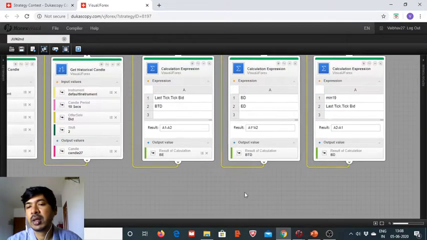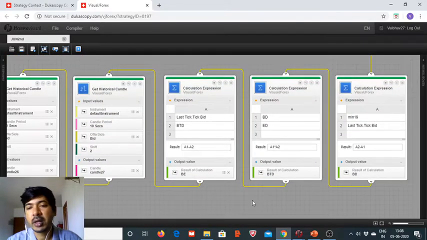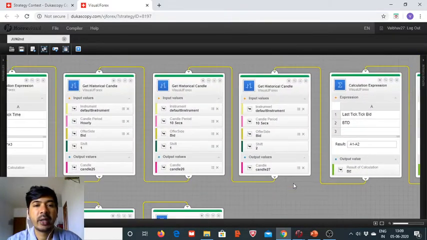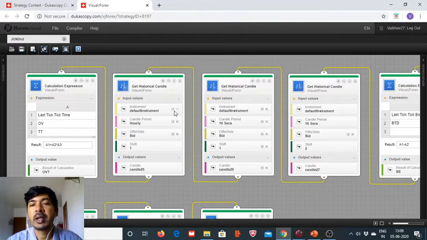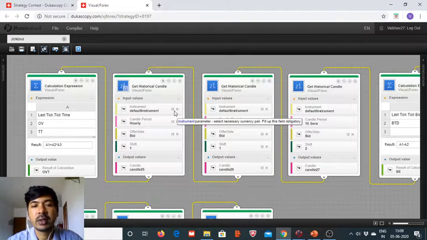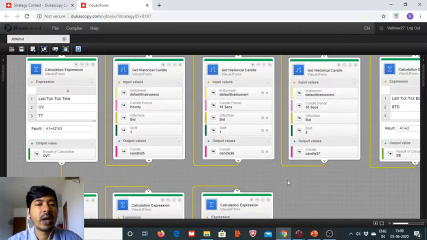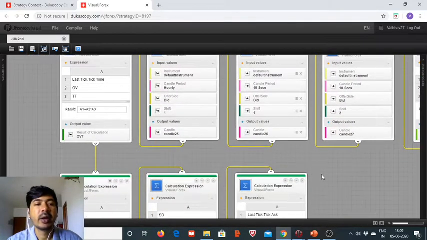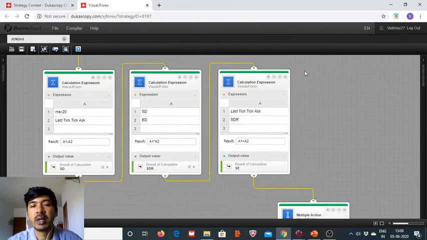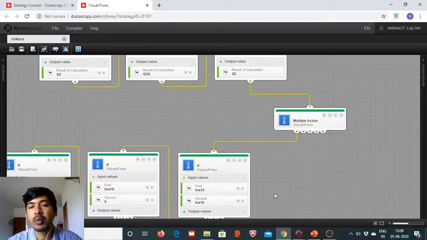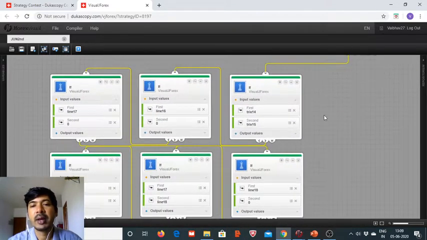And then this calculation we did for the determination of the buy execution price, and here we have finished it. And then we got these historical candles for entry purpose. Here this is the hourly and then 10 seconds candle to be precise about the entry order validity for 3 hours. Then we define the sell side, and after that we moved on to finish the buy side with requirement